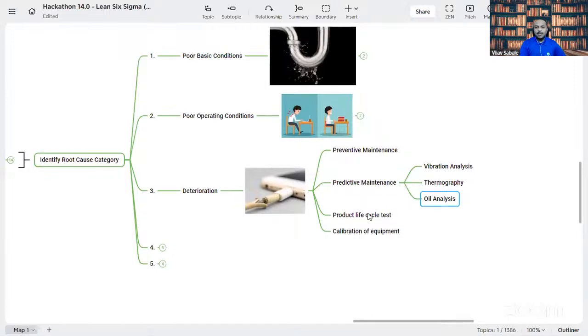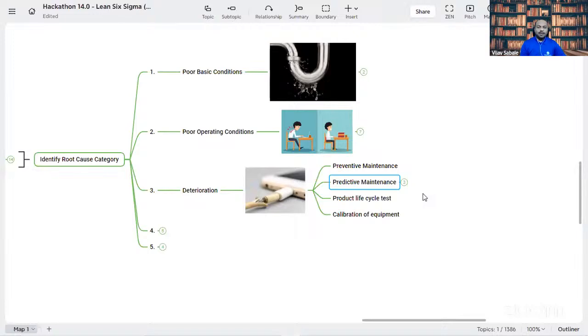In some cases, we also use the product life cycle test. Let's say, for example, if you are using a laptop, the product life cycle is normally said to be 5 years, 3 years in some cases. If you use it beyond that, it is not going to support the applications that are coming, right? The memory, the speed, and other things. Because of that, we need to replace it with new technology, right? Specifically, it is true for gadgets. Even if you talk about your mobile, the same is applicable. So that is a product life cycle test.